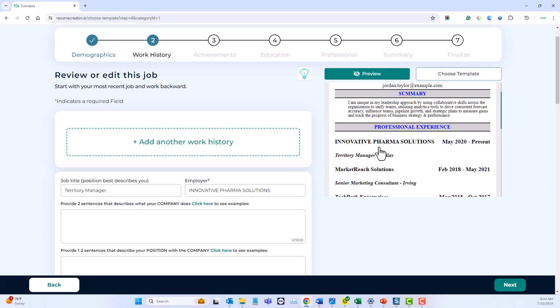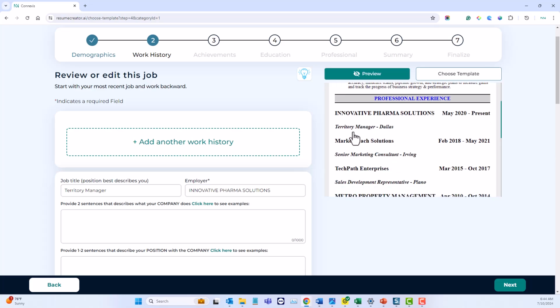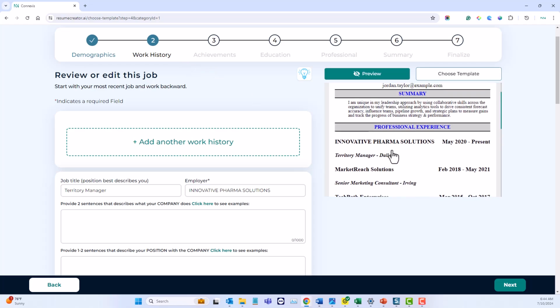So Innovative Pharma Solutions is the company you work for. Here are the dates, and then this is the position you had. Now, it doesn't put the achievements under here. That is in another step that we'll add right after this one. This is where the achievements will be added, but right now let's just worry about getting the current companies documented